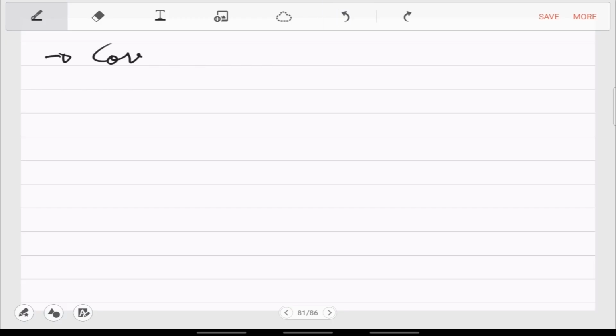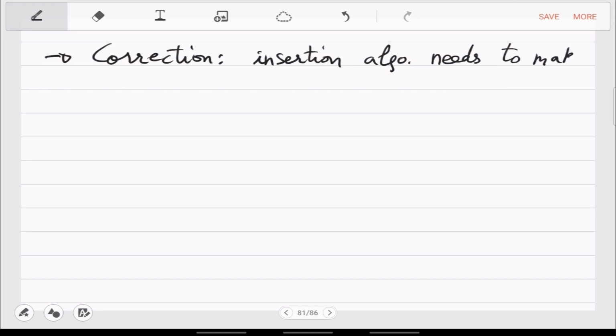So the correction is: the insertion algorithm needs to make sure that T is a balanced binary search tree.